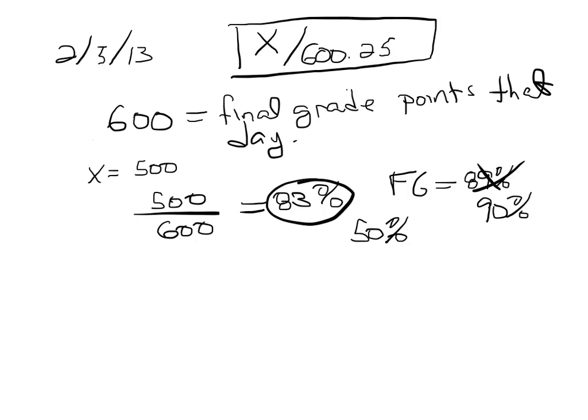Now remember that the way these points are awarded is every correct answer awards you 100 points, and every incorrect answer gives you a bonus of 75 points. So you always get a bonus from answering questions, but you get a little more if you actually answer a question correctly. If you answer a question correctly in class, you get 100 points, and if you answer a question incorrectly in class, you get 75 points. All of those are bonus points, but the 600 represents the maximum points you can get